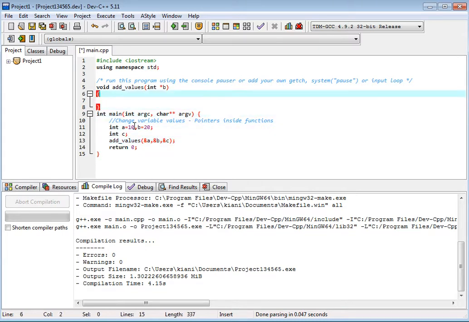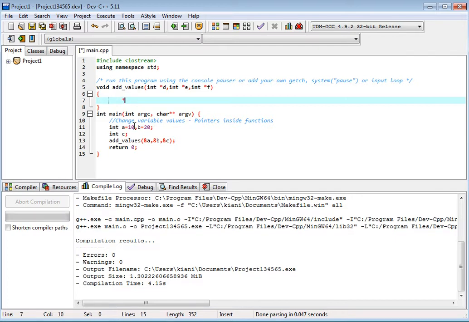So we have d, integer pointer e, integer pointer f, and we change it to value at f is equal to value at d plus value at c, okay.